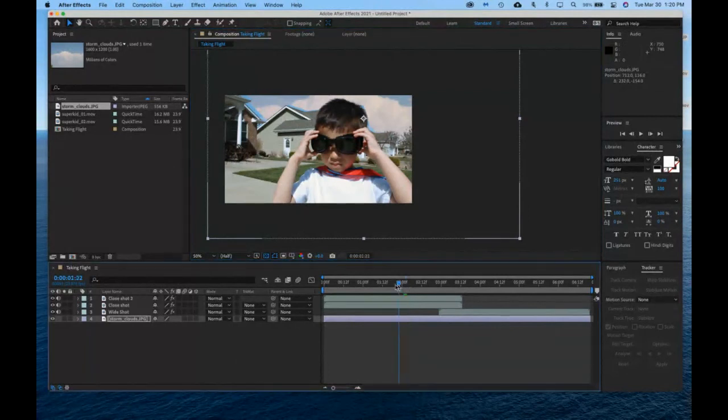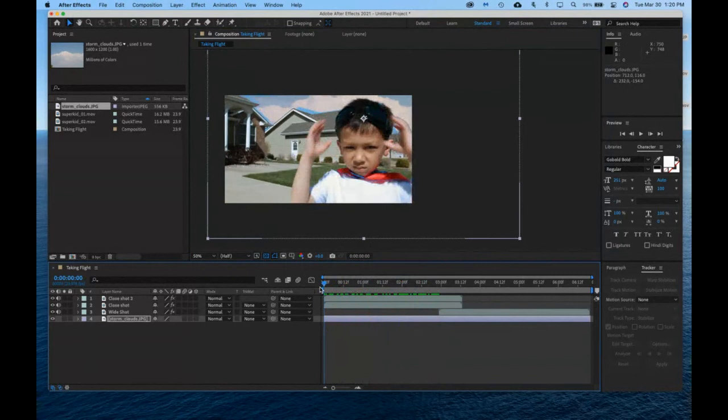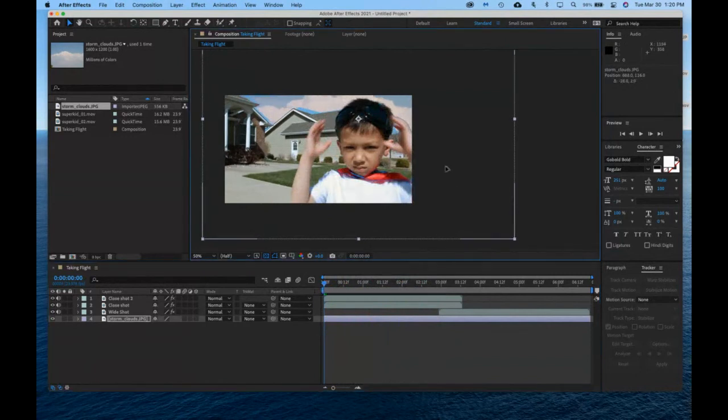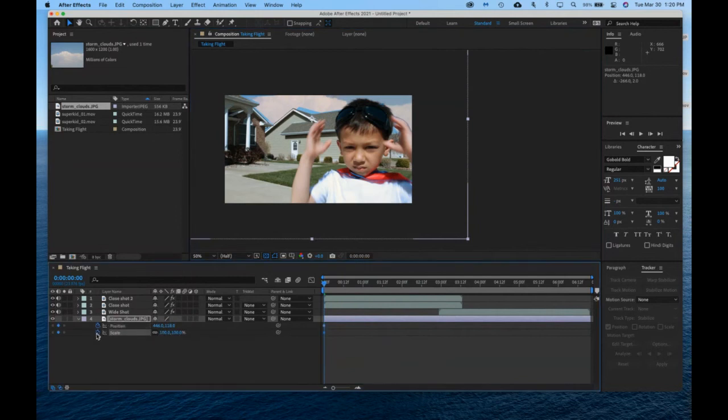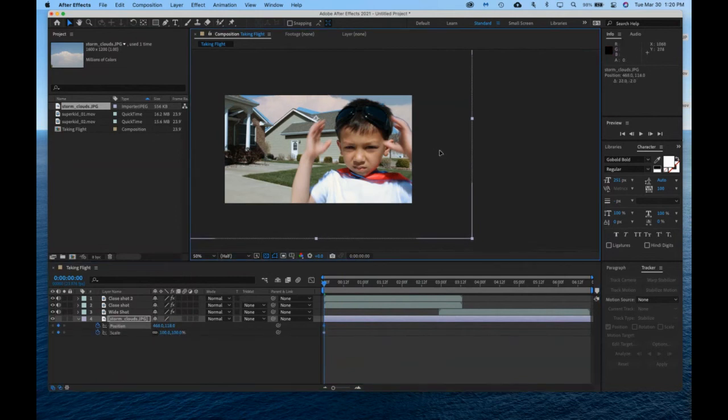So what I want to do is take a look at how this moves. I want to make the clouds move with it. So I'm going to go all the way back to my start point here, and I'm going to bring this in maybe about here. And on this, I want to change 2 things. I'm going to press the S key so I can see my scaling, and I'll hold my Shift key and hit P so I can see my position. I want to make this stuff change. So from the start, I'll start it here, and then I'll make it look like the clouds are moving. Maybe in this direction. So I think from right